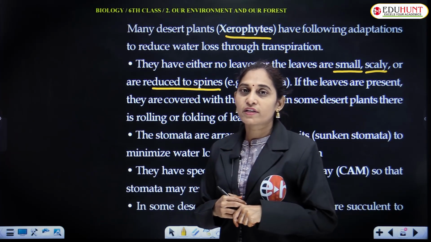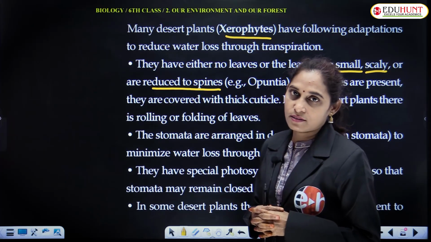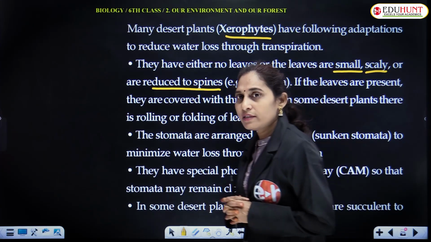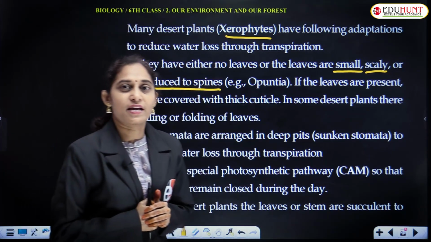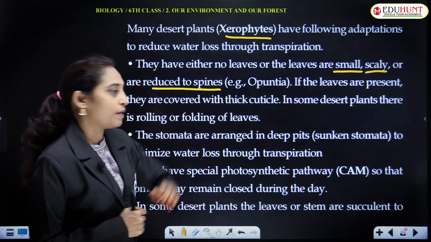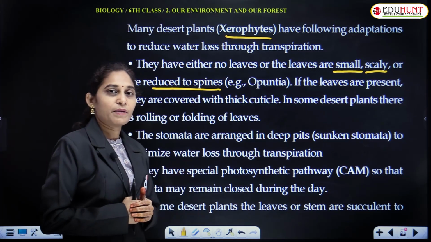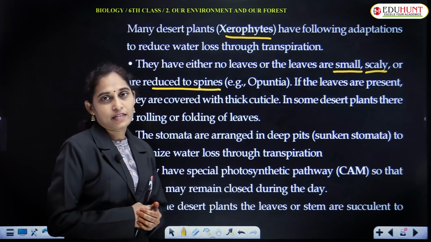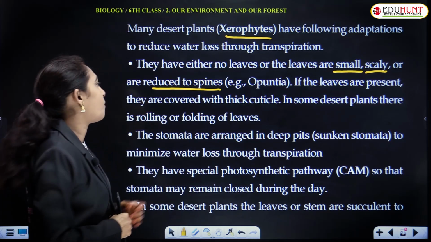These are the modifications shown by leaves of desert plants. Usually desert plants possess no leaves. If leaves are there, they may be small in size, or in the form of scaly leaves, or they may be present in the form of